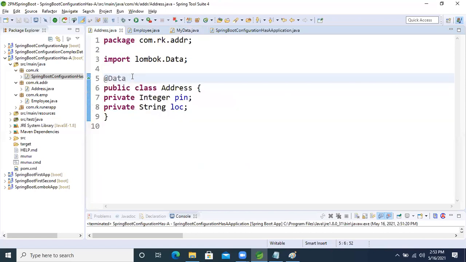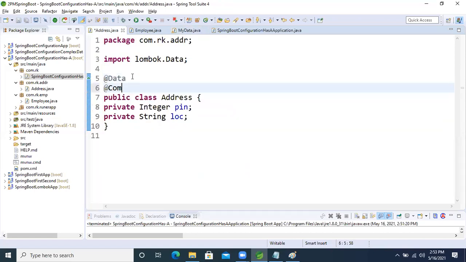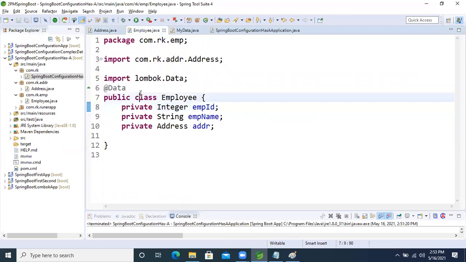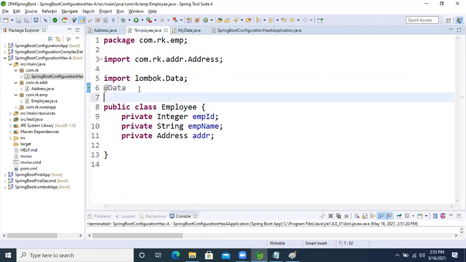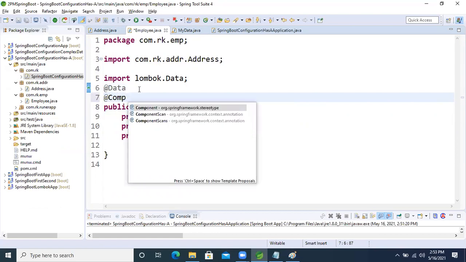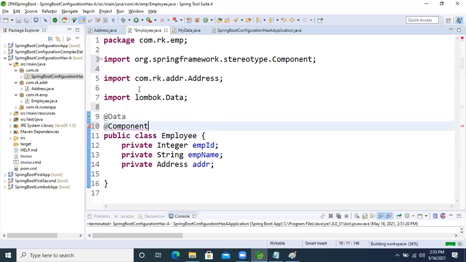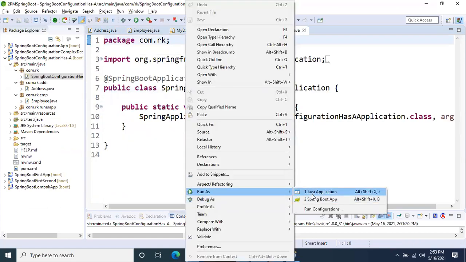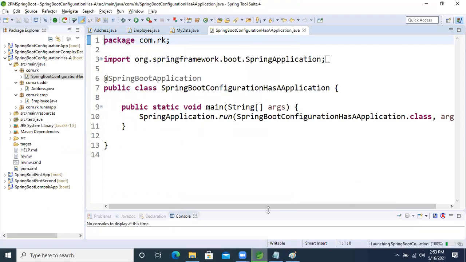Okay, let's see that. @Component, what? Now right click, run Spring Boot application.